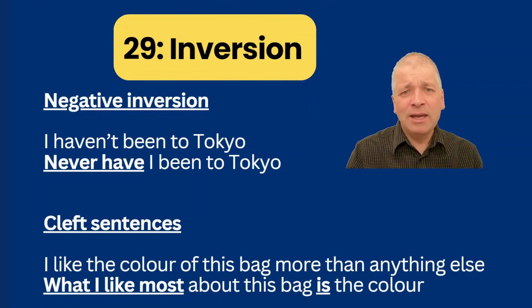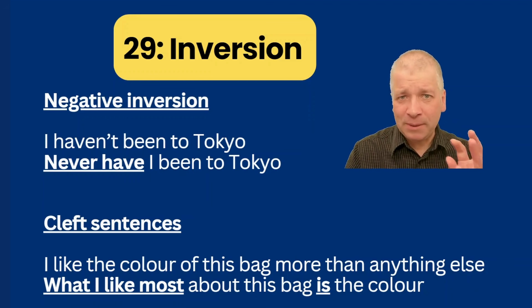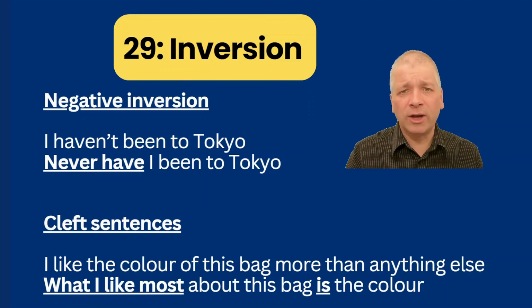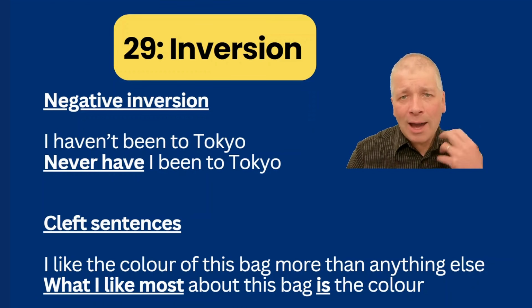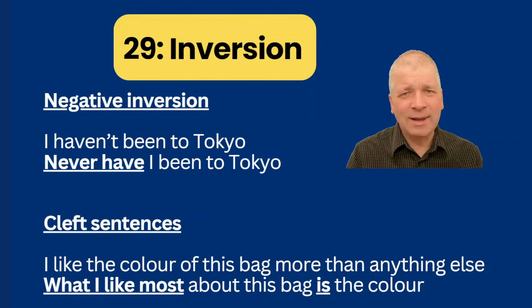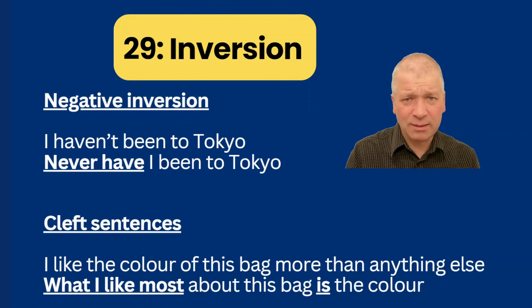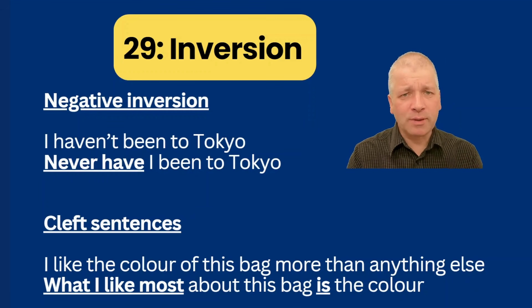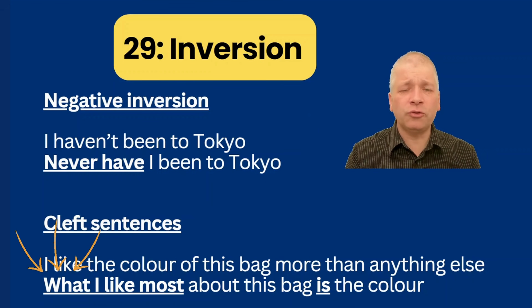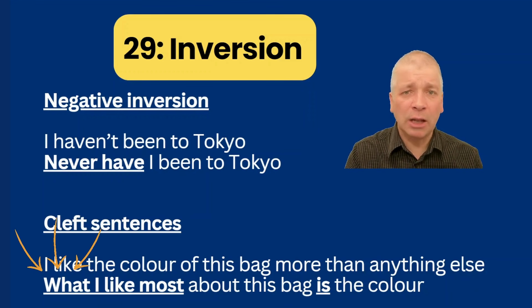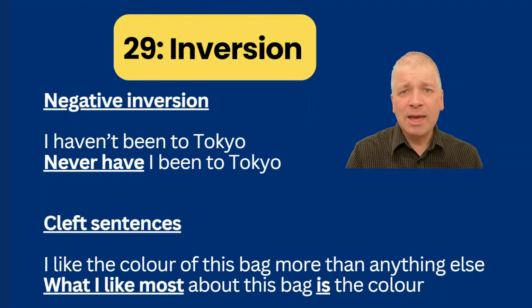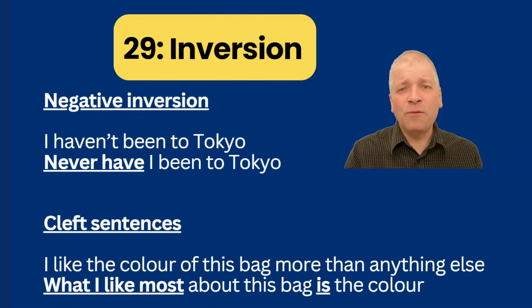Cleft sentences, again, is where we introduce certain words at the beginning of a sentence and change the word order so that the things at the beginning are emphasised more. Look at the two sentences. I like the colour of this bag more than anything else. In the second sentence, though, what I like most about this bag is the colour. In the second sentence, the word what draws your attention to the words that come immediately afterwards. And here, most comes closer to the start than in the first sentence. Here, we emphasise more the fact that it's what I like most is the focus